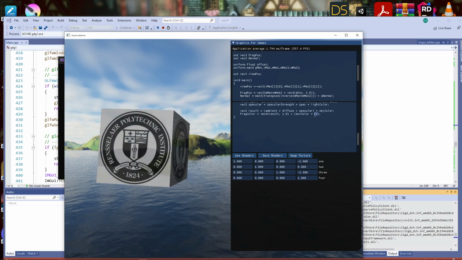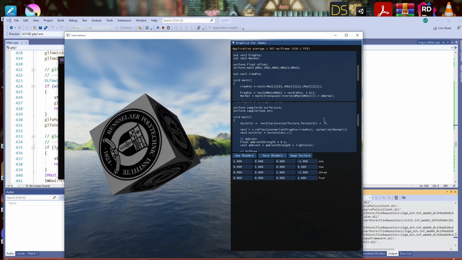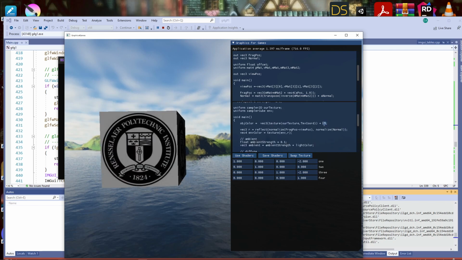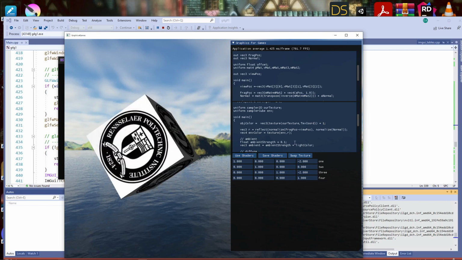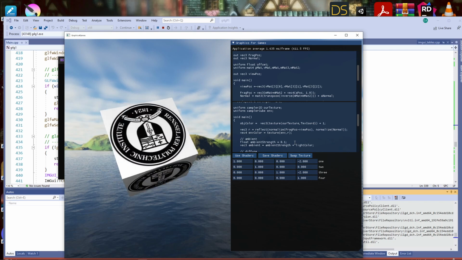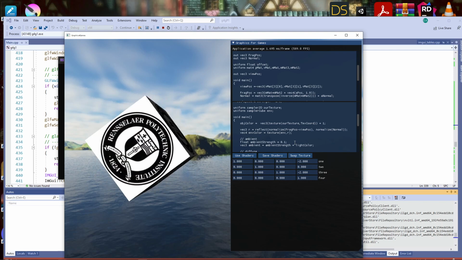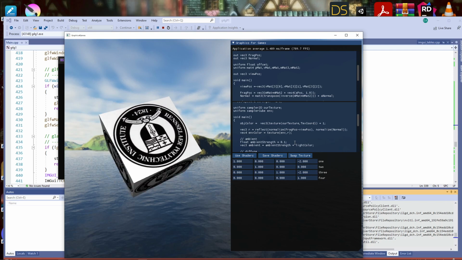I'm going to set that to 0. And I'll set that to 1. Okay. So first off, the first thing we notice in here is that we have a background. The background isn't really doing much of anything. It's just sitting there doing its thing, but it is rendered first.